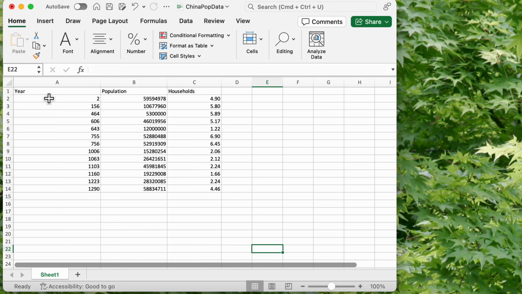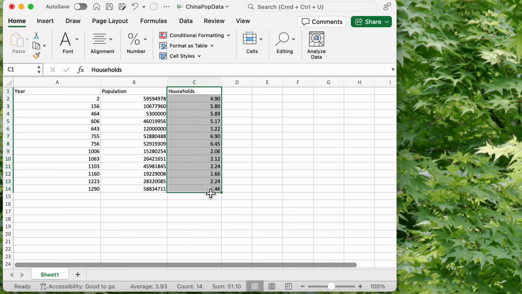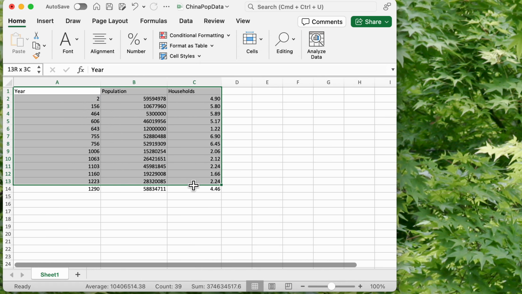Set up your data. Here we have a number of different years in which censuses were held in China. We have the population, the people count, and then we have the number of people per household for each of the census counts. And we want to graph these things together. So we're going to select all of the data,